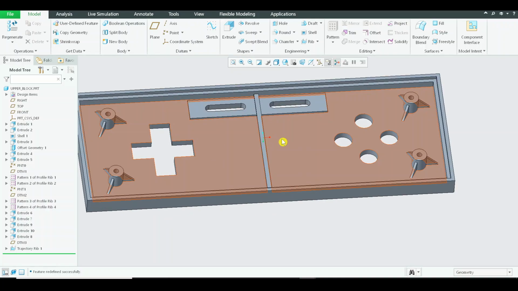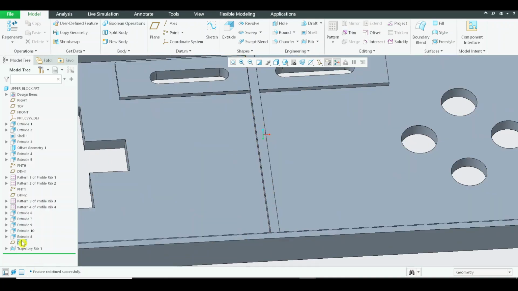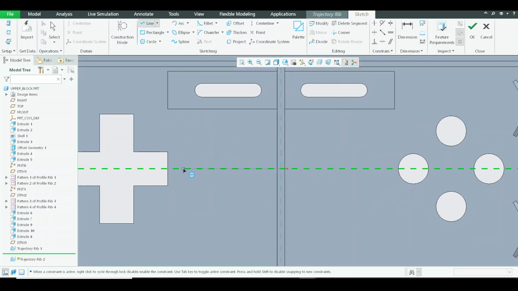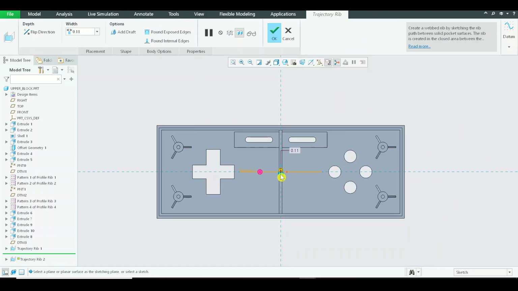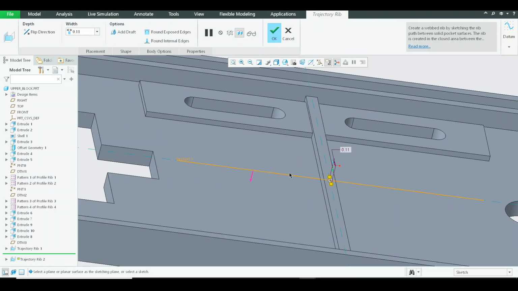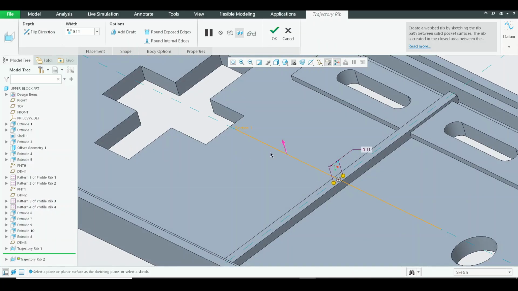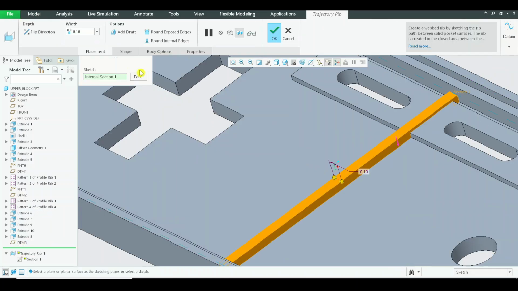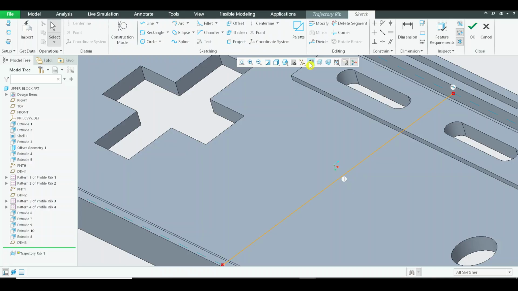Okay, and let me add from left to right as well. So on the same plane, I'll be adding another rib. I'll be beginning from here and ending over here. All right, and it's not coming up. Flip direction. Let me do one thing. Let me edit the rib number 1 and add up